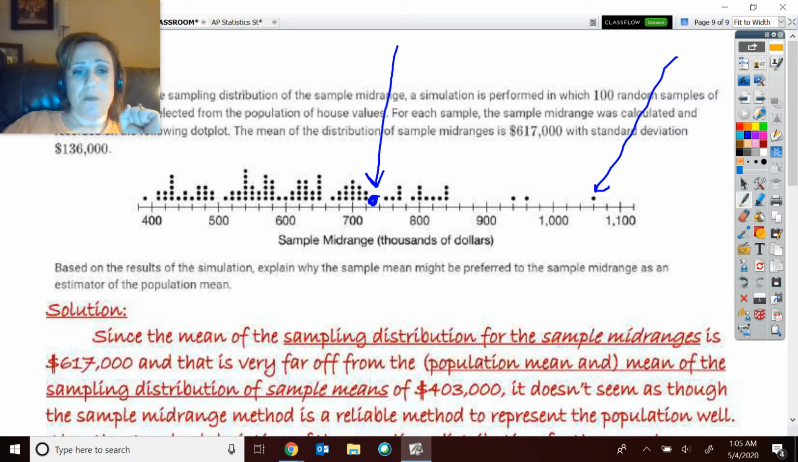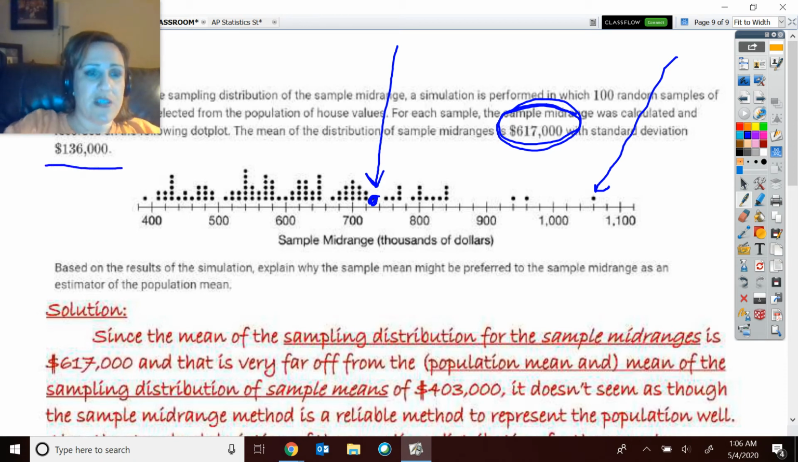So they then took all of these sample mid-ranges to see where that was. And based on these results, holy moly, the mean of all of these 100 was 617 with a standard deviation of 136. Whew. So crazy. So what happened, the question then is, based on these results, explain why the sample mean, just